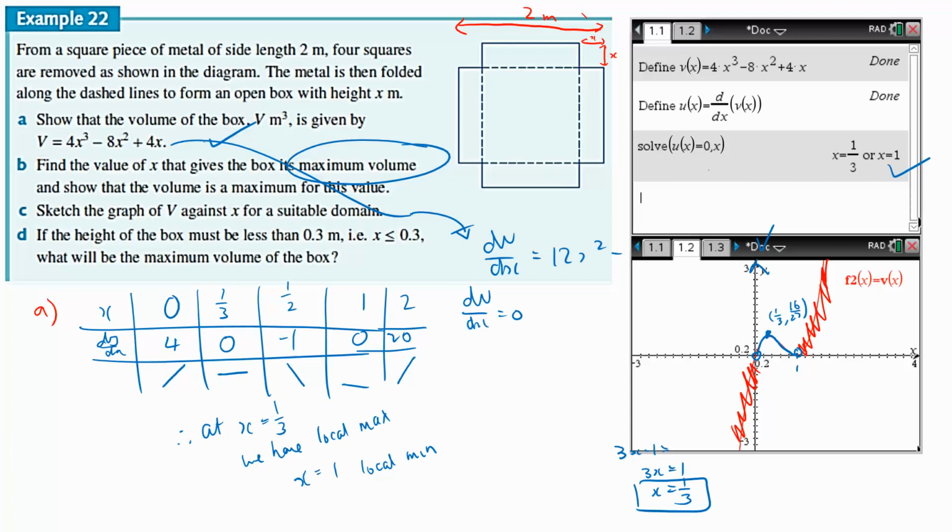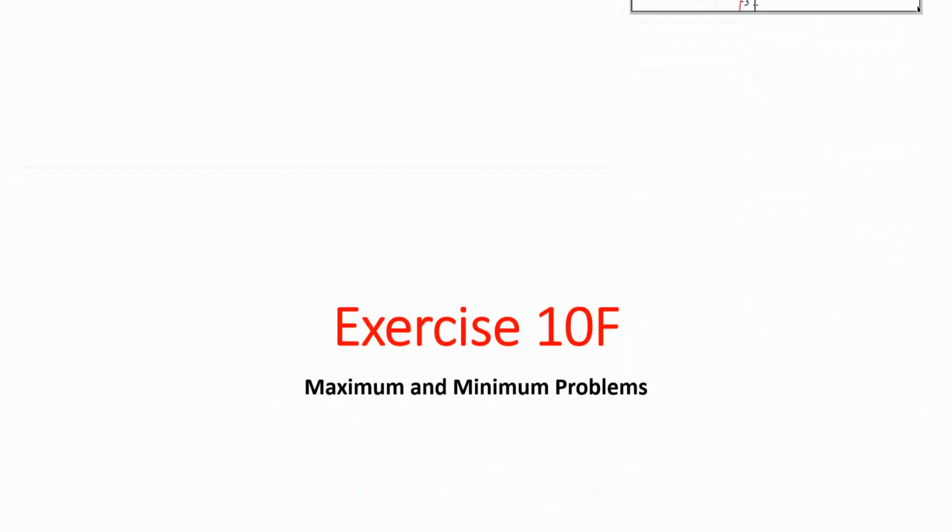Yes, Jack? The x value might be restricted, and you have the y value. That's literally it. What you just said is the question it's asking. It's saying, in this graph, if the domain is between, in our case, 0 to 0.3, what is the maximum volume? Now, obviously, the endpoint in this graph here, if you just look at it, at 1/3,